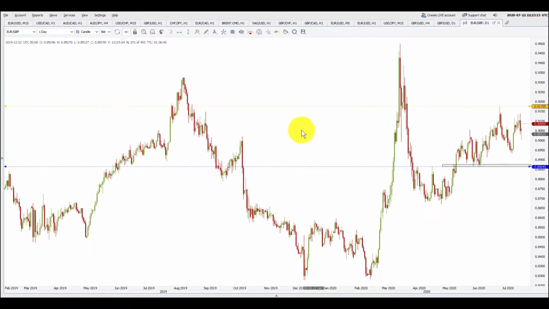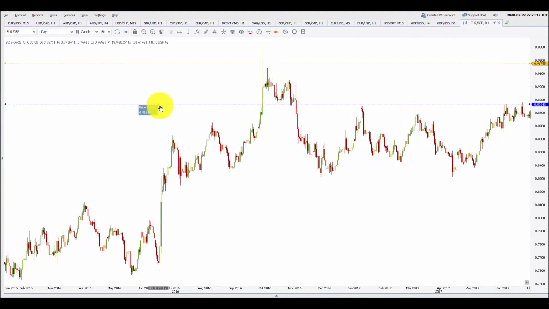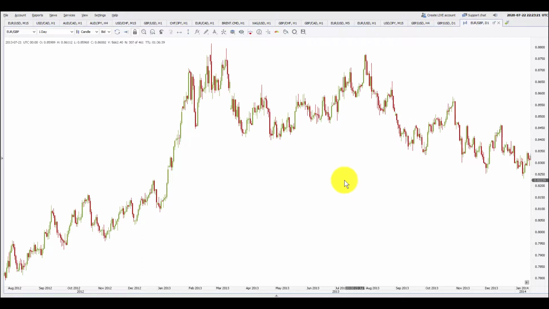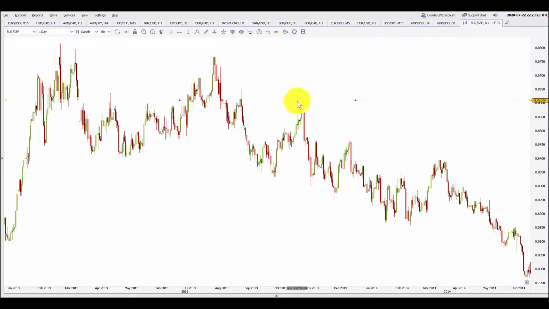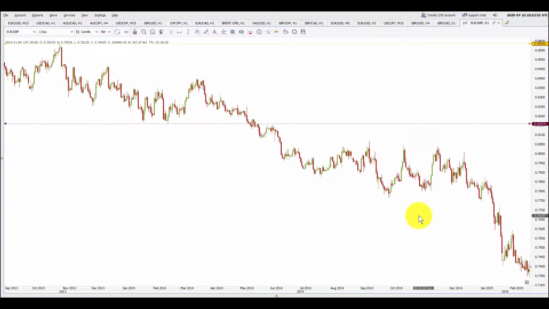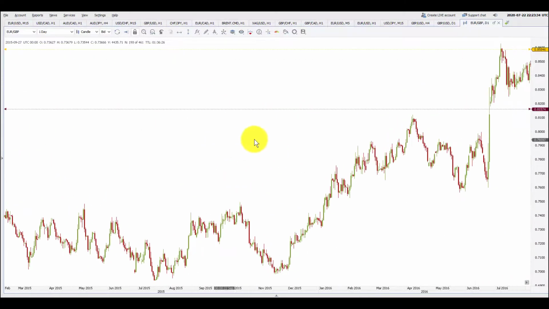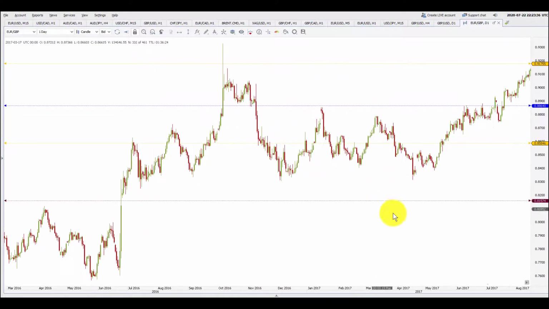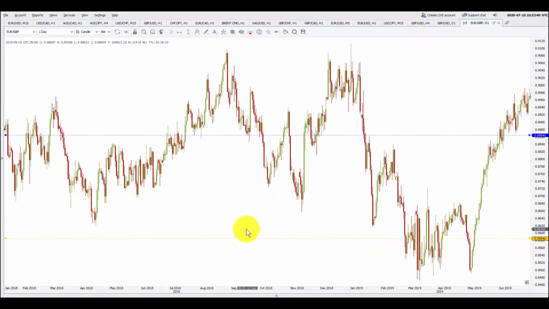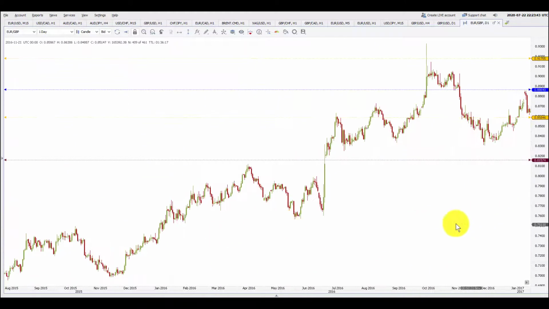Let us see from the past. Okay, from the past, I have not seen this chart on the right side, but let us see that this is the resistance for the price here, and this is the support for the price here. Let us see if the price reacts to these levels or not. It is reacting on the upper side, but on the lower side no. I'm sorry.